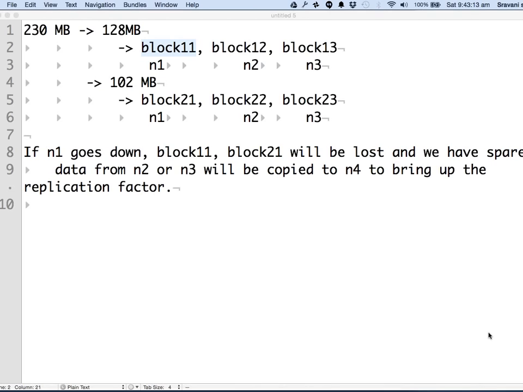Gunjan's question is, but doesn't this require too much space? That's correct. It would require it, and the reason is disk space is cheaper than your data. As long as you are able to combine the drives and provide the disk space, it's okay. It's worth it.